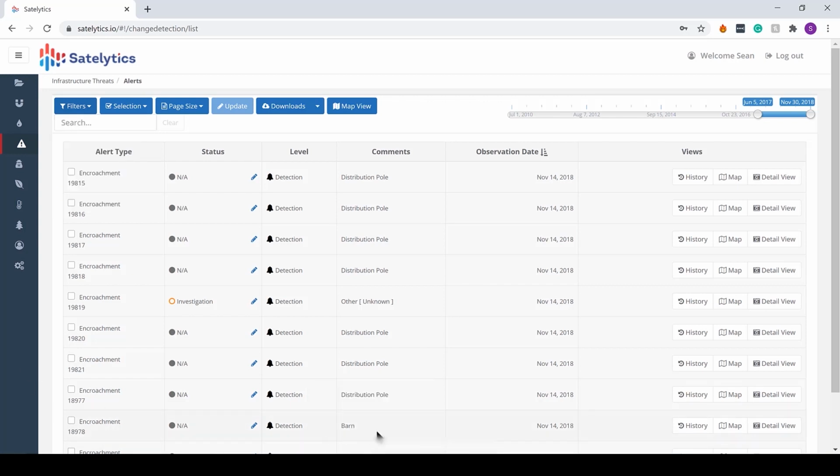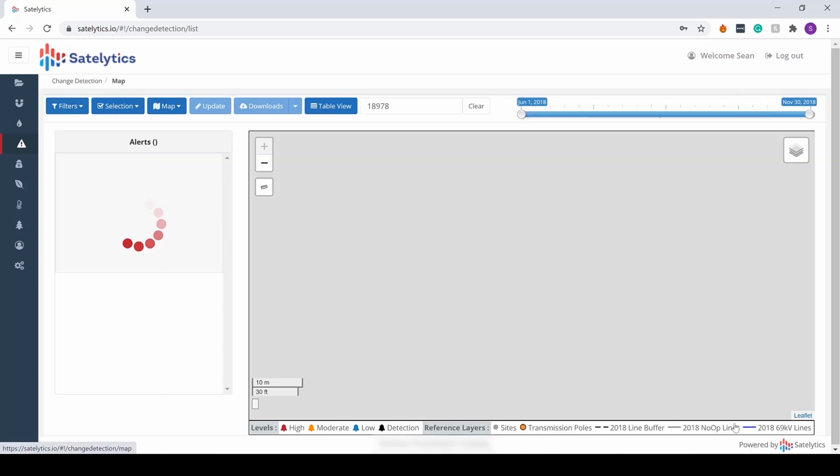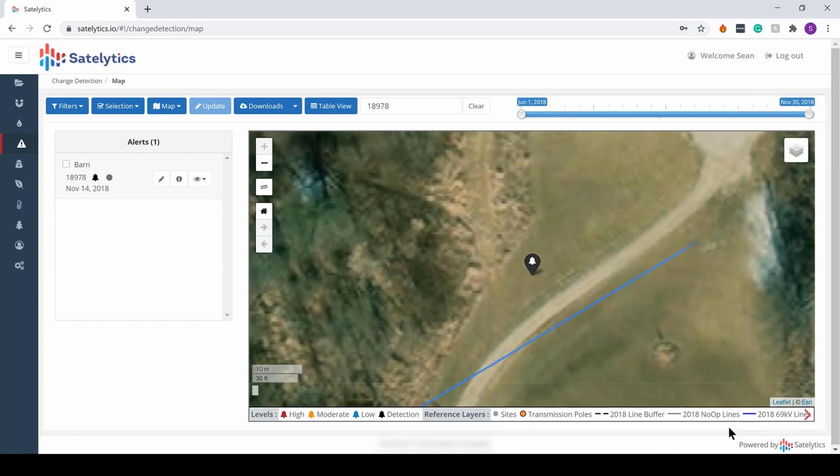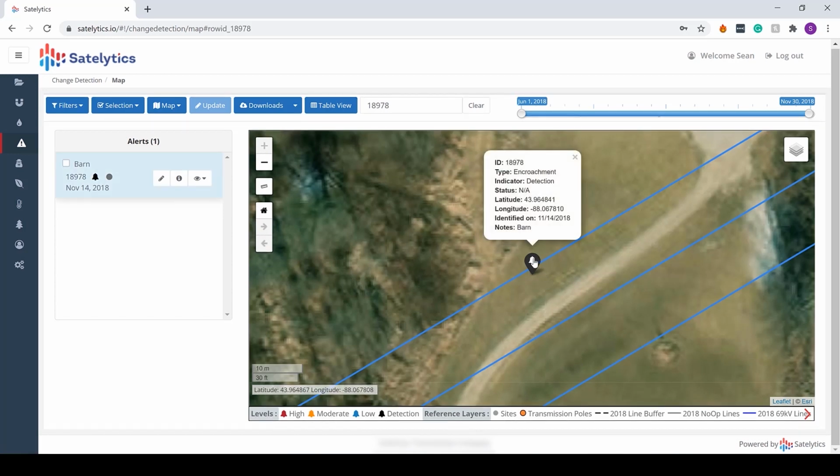And as you can see here at the bottom of the screen, there's a barn. I'm interested in that structure because I've set a level of conditions for the customer and for Satellytics software to examine and tell me about that alert. In this case, it's a different type of alert. It's alerting to a